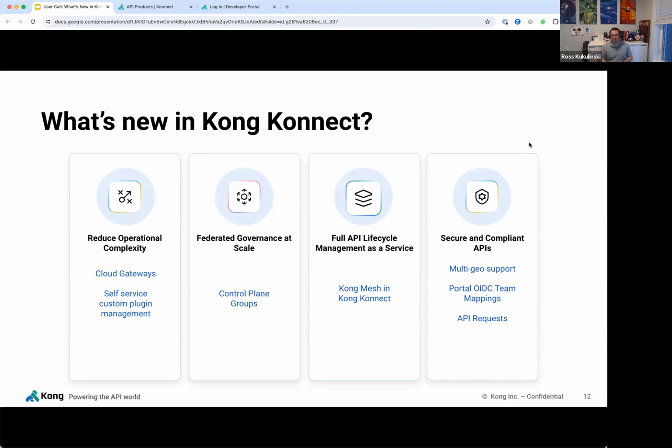So Konnect has always supported custom plugins, but it required a support ticket to our team to get that schema file uploaded to Konnect. Now it's fully self-service, UI and API driven. The next key capability, and sort of series of content that comes from Konnect, has to do with federated governance